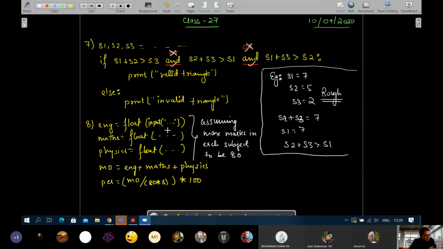For that, we will have to wait a few more days to learn how to force the user to follow some instructions. That will be taken care of when we complete other types of flow control statements. This is the first type, right? There are 4 other types of flow control statements. Once we learn for and while, the second and third types, we will be able to force the user to do that.